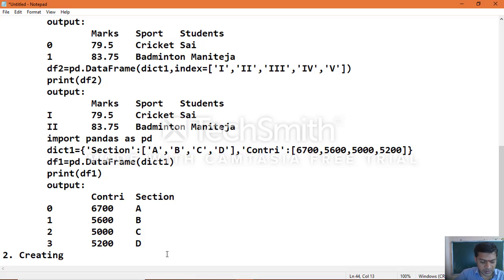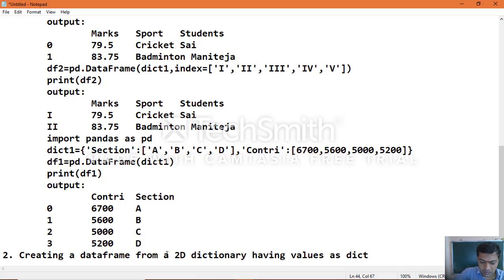Creating a data frame from a 2D dictionary having values as dictionary objects.